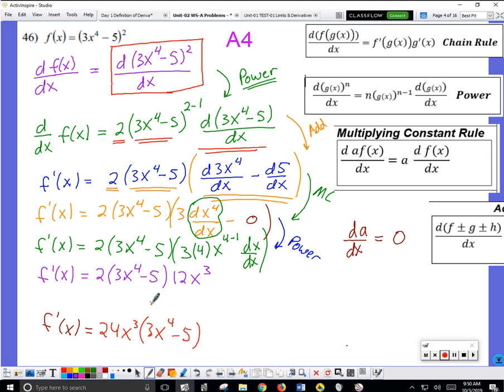And when you have 1, 2, 3, 4 factors, you can multiply any of the factors if you want. So the 2 and the 12 can multiply to become 24. And it's somewhat traditional to move the x cubed over here. So now I have,